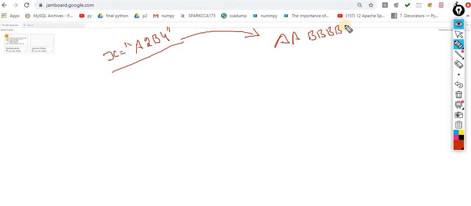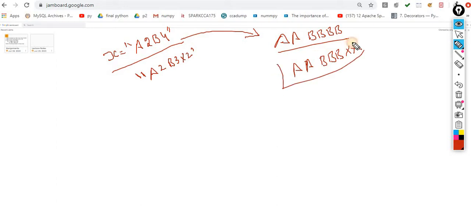That is my problem statement. Let's suppose you are getting the data in this format. Now what do you have to do? Okay, now I need this output.